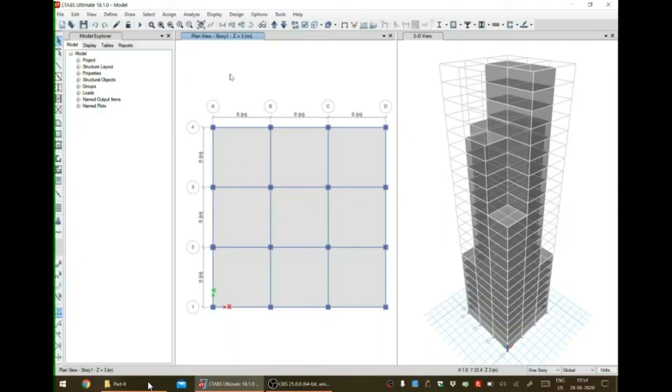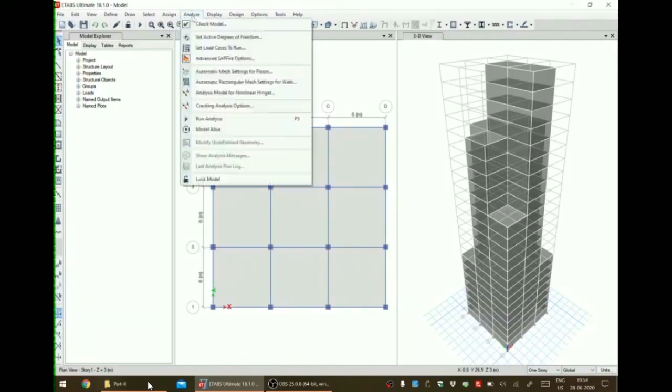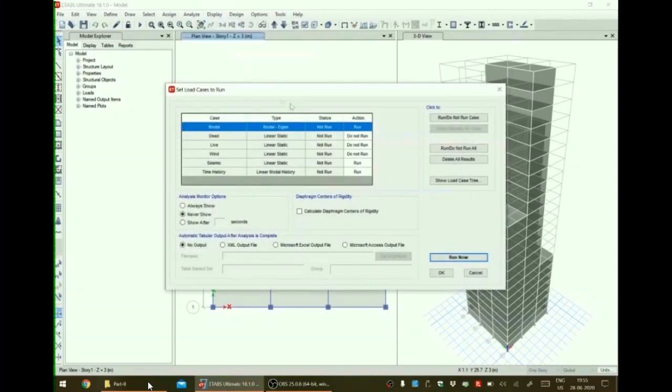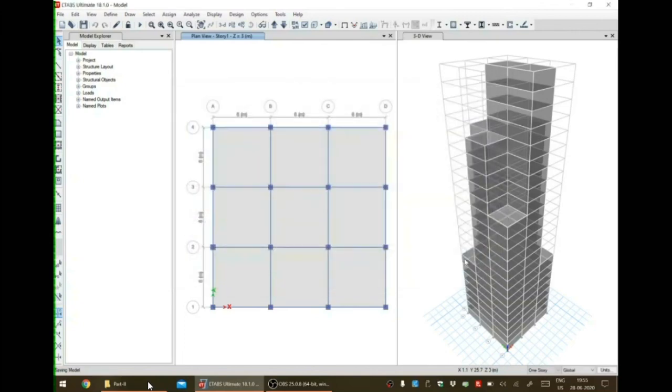Now carry out the analysis. Before that, which load case to be run, let us check the dead load and wind load are already kept off from running again. So it is already there. Time history will run. We are clicking on run now.